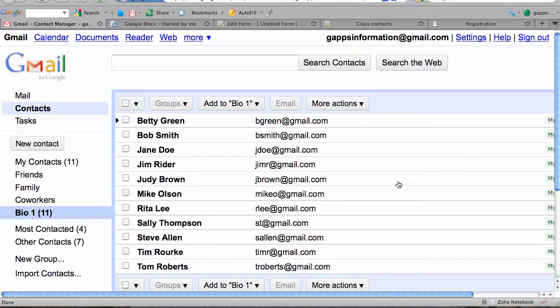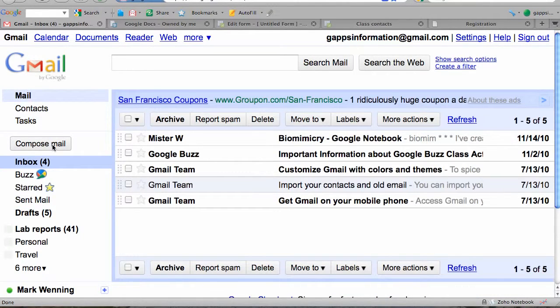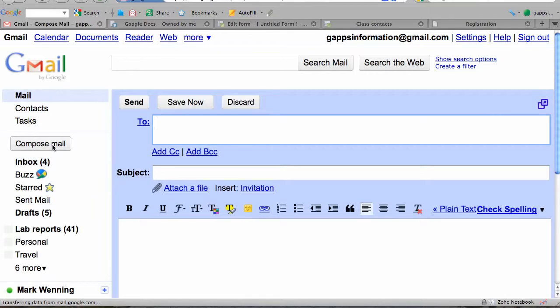Now I'll just quickly show you how to use this contact group to address an email to all of your students. I'm going to click on Mail, click Compose Mail, and usually when I'm sending an email to all of the students, I don't put all of their email addresses in the to box. I'll just put a fake Gmail address,